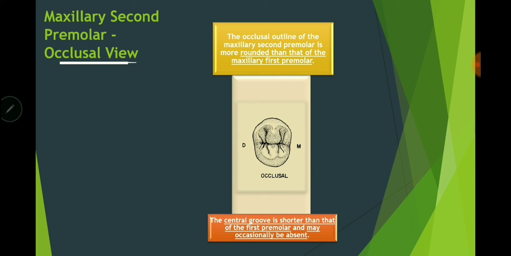The occlusal outline of the maxillary second premolar is more rounded than that of the maxillary first premolar. So it's more rounded. The maxillary second premolar